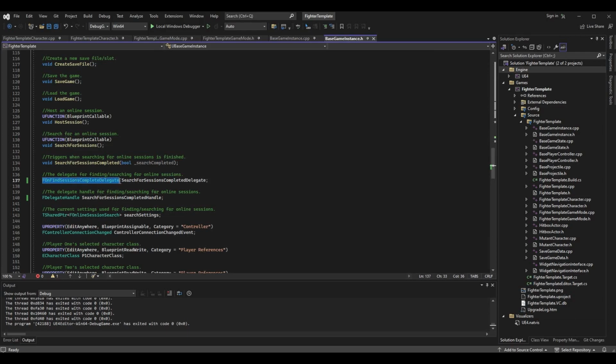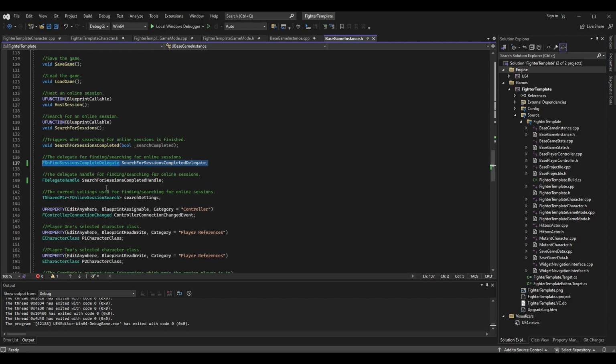onFindSessionCompleteDelegate. Again, this is an Unreal type. You can call this delegate whatever you want. So I called mine search for sessions completed delegate. This delegate is basically just going to be a UObject that we create to store data. We can use a handle to start listening and stop listening or clean up any data, just like we do with the timer. So we have the actual delegate here, and below it I have another variable that is the